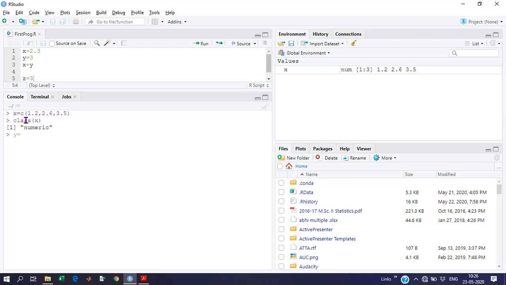And go for y, c(2 plus 3i, 1 plus 4i). Okay, it is of type complex number, so the class of y is complex. Okay, we can also go for strings.